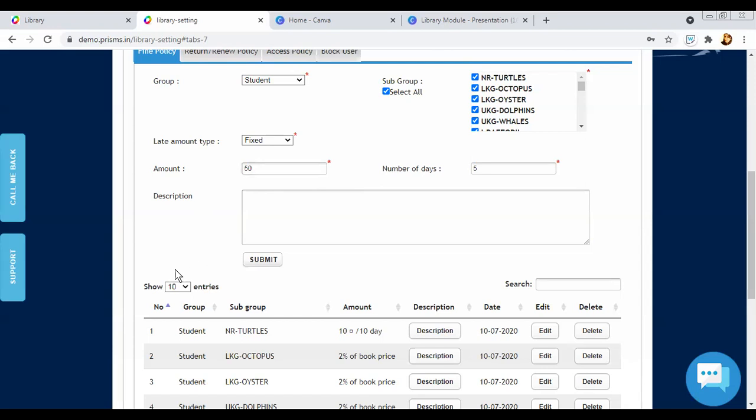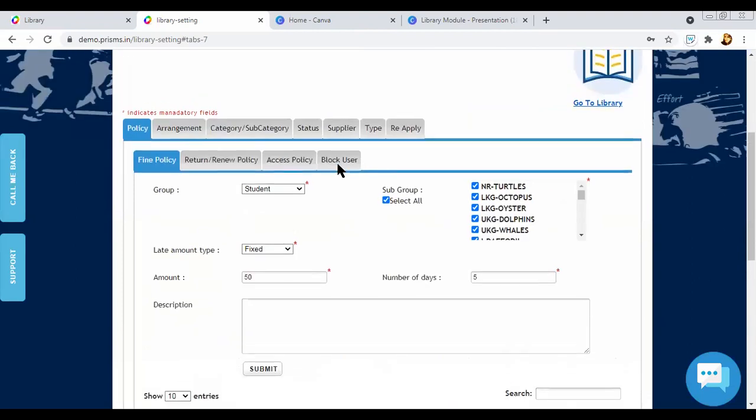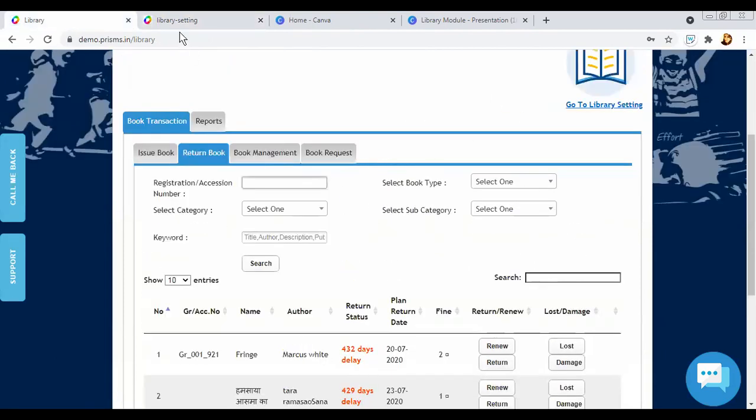Also, any other query? Anyone on this? Where can we issue the receipt of this payment? That will be when you're collecting the fine, at that time you'll get the receipt. But where can we generate this receipt? If you go to library, we can cover that later on. Once we are into that part.